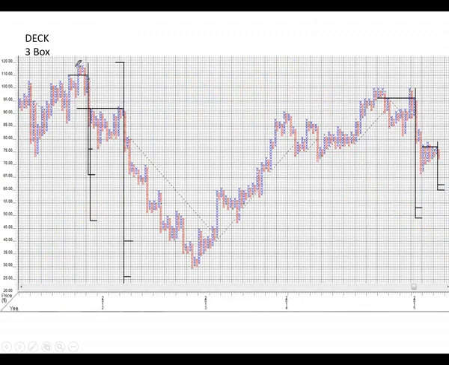So we were here. These are the two counts: upthrust, LPSY. And we are obviously in the area where our objective takes us. And we have some kind of V bottom information right here, with a change of character in this rally right here, sign of strength, LPSY, I'm sorry, LPS